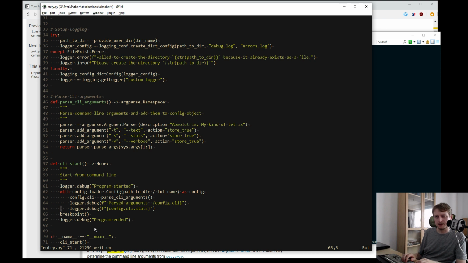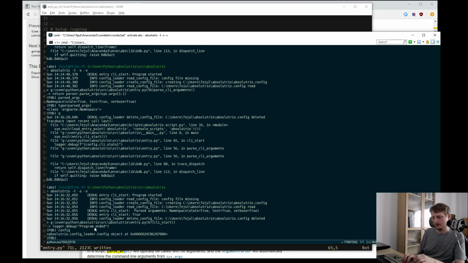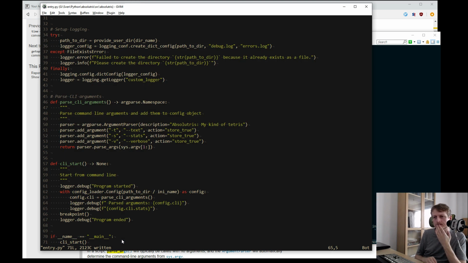So we can actually see that we have a config object, and the config object, it's like a custom object I created for configuration, and I think it should have logger debug CLI parsed argument config CLI.